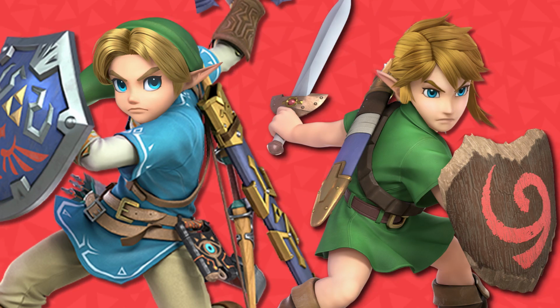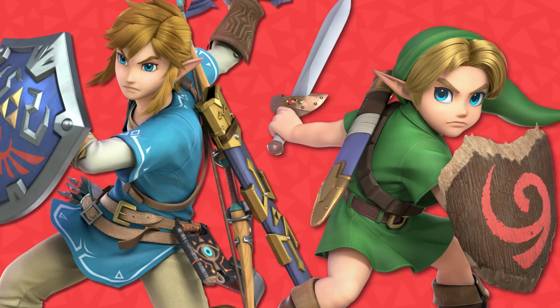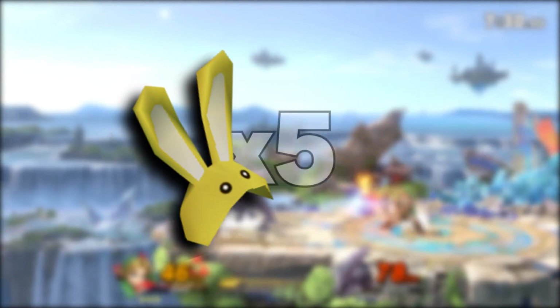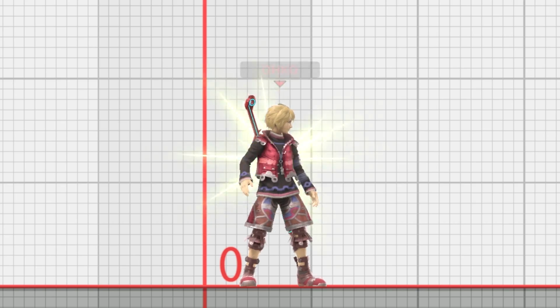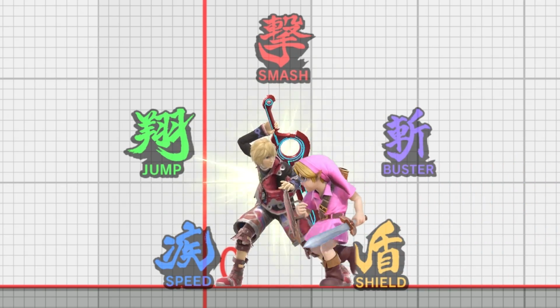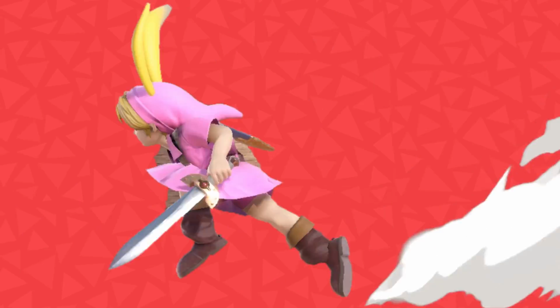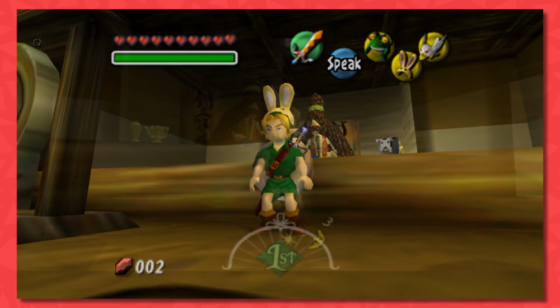Speaking of making things different from other versions, let's talk about Young Link. Give him masks. Like 5 of them or something. It's basically Monado arts, but he puts on masks. Inputting a command input will pull out a mask on a rotation, and pressing the input again will let you use the mask's ability. I was thinking he could get the bunny hood to run around faster, Goron mask to